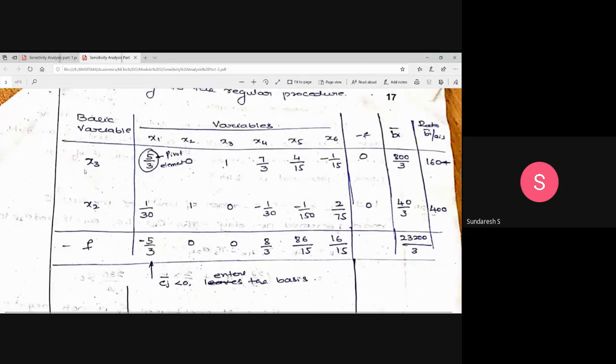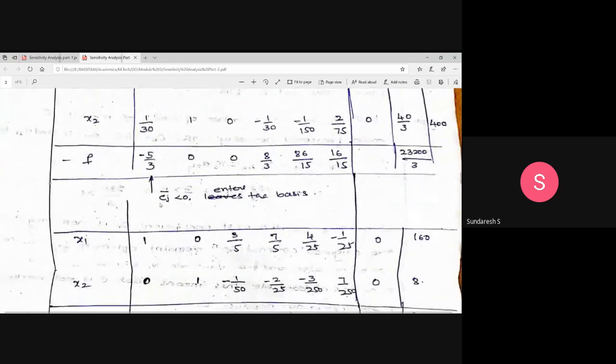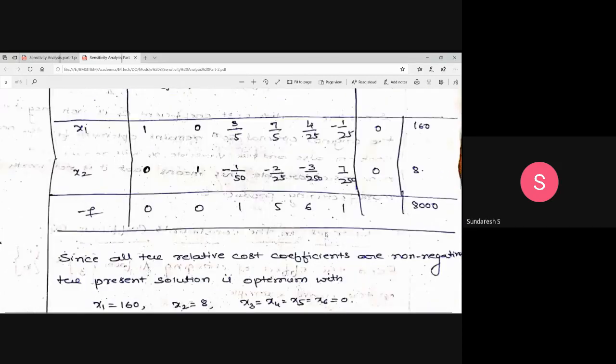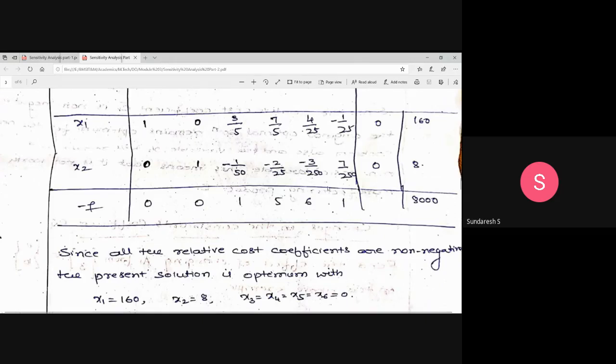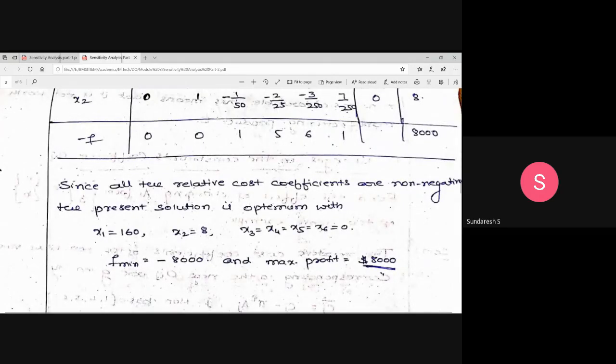So here what happens, x3 leaves the basis whereas x1 enters the basis. So therefore in the new table what you are going to get, x1 and x2. So the first table I think you can easily get. The pivot operation I explained, in the similar way you can do the pivot operation over here. So x1 you have got like this and x2 we have got these values, whereas the cost coefficients will come as 0 or positive values. Okay, so you can see since all the relative cost coefficients are non-negative, the present solution is optimum with x1 as 160 and x2 as 8 and the remaining x3, x4, x5 and so on will be equal to 0. So from that you can get the objective function value, the maximum profit is